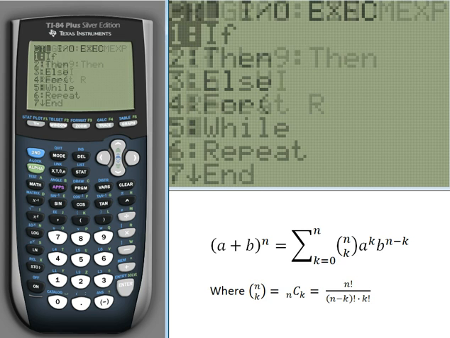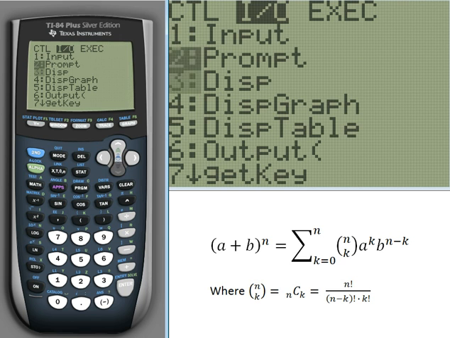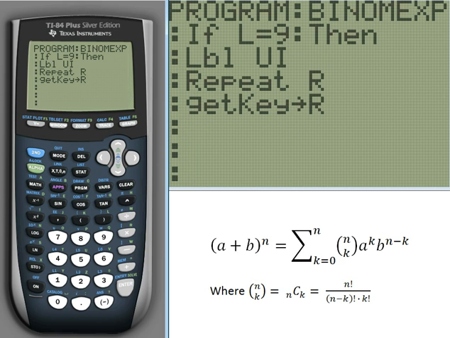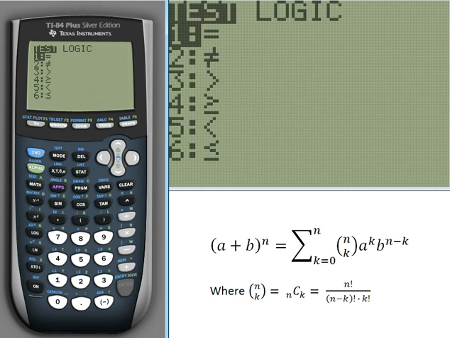To get the input, we're going to use the get key command. I'm going to store that as R. Normally you'd use K to store your get key, for K key. So store that as R, since we've already used K. And now we're going to want to perform the first check to see what key the user pressed. So if R equals